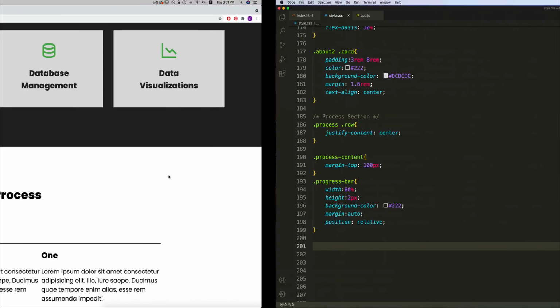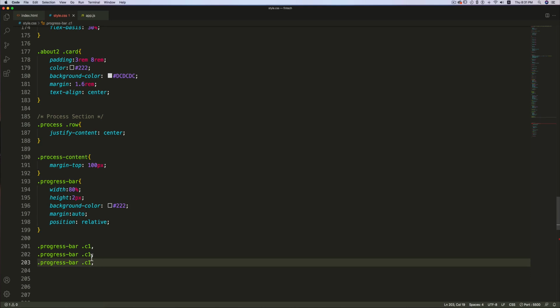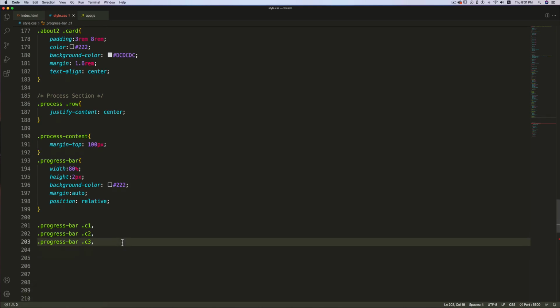Now I'm going to create the circles. So I'm going to target progress bar dot c1. Just copy this, paste it two more times for c2 and for c3.